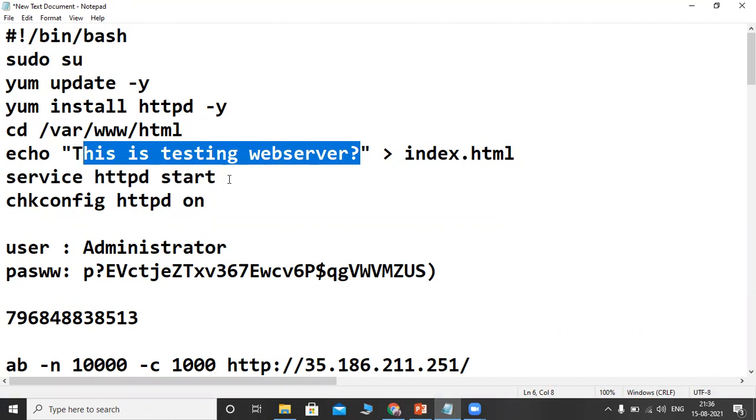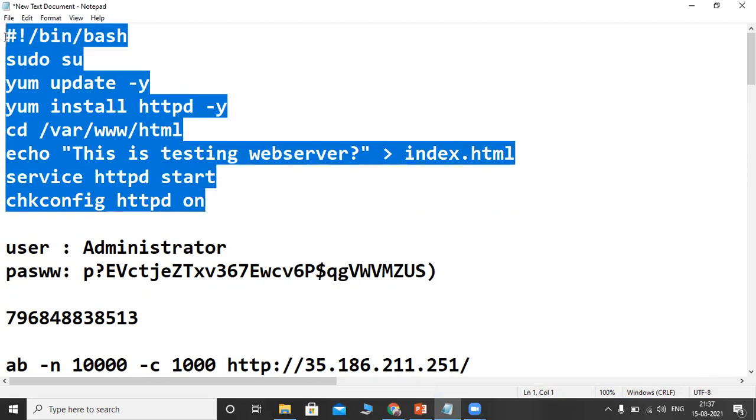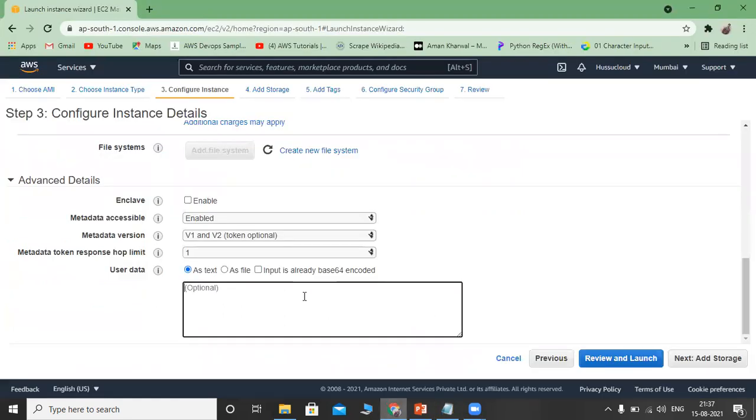And then chkconfig means whenever the Linux machine is stopped, and once again you turn on your Linux machine, these scripts will run automatically. So these bootstrap scripts are going to be provided here under the user data section.